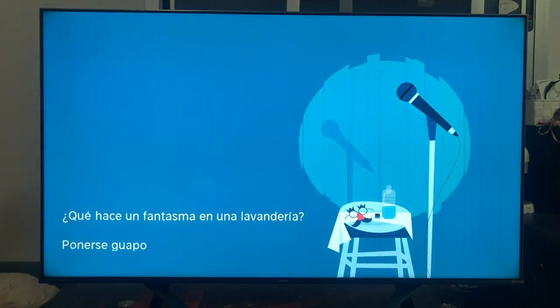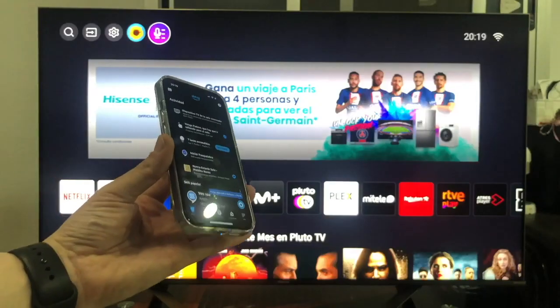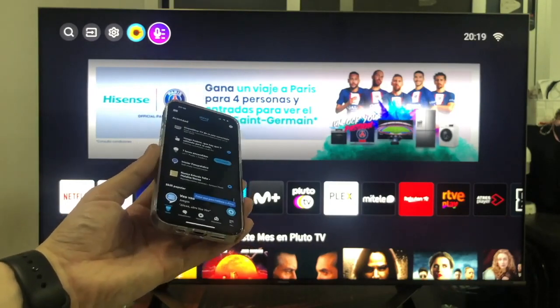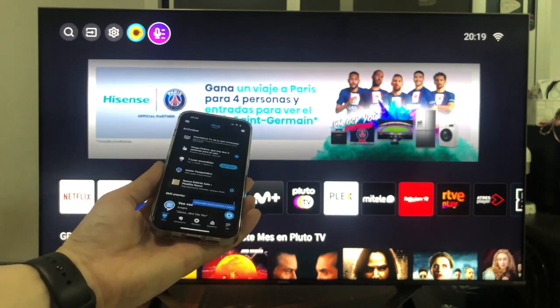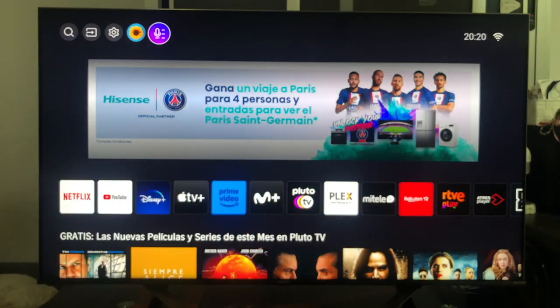As you see, this is the festival of humor. The second way will be through the mobile phone, which if you have done the configuration means that you have it installed and working. And finally, the third way, which I find most comfortable, is to have an Alexa Echo speaker. Since in this case you can completely ignore both the remote control and the mobile phone to use the television using the commands. Now, once we have seen the configuration, we are going to try to give some basic commands